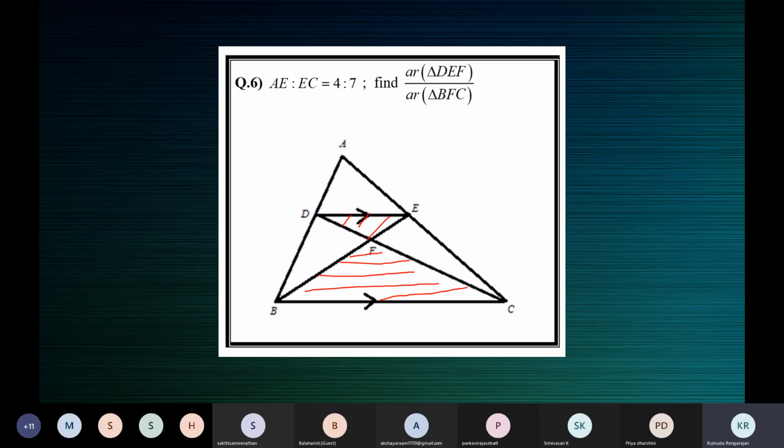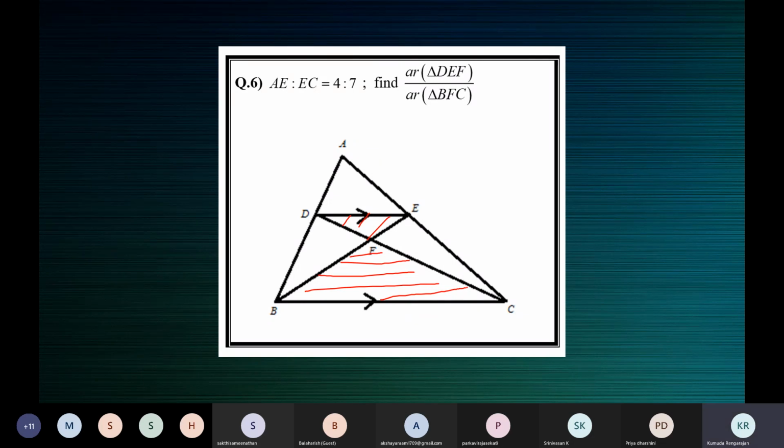I'm saying you cannot find the area of triangle DEF, like the area is half base into height. You don't have the values to substitute. So you cannot find the actual area of triangle DEF. You cannot find the actual area of triangle BFC either, because there's no information. What will you do with half base into height? You have nothing to substitute. So that means you should use area theorem. To use area theorem, the triangles have to be similar.